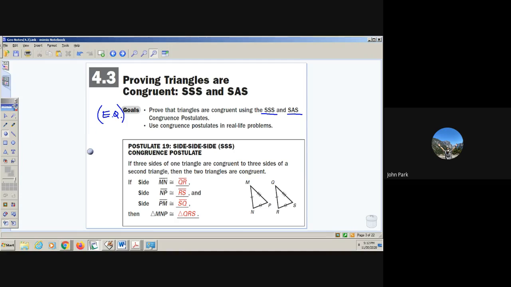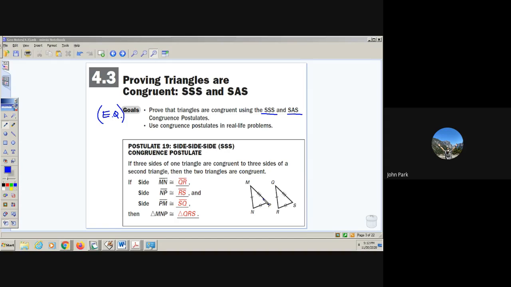All right, so today we're going to talk about proving if two triangles are congruent using two postulates, SSS, which stands for side, side, side, and SAS, which stands for side, angle, side. So the first postulate we're going to use is the side, side, side, or SSS congruent postulate, which says that